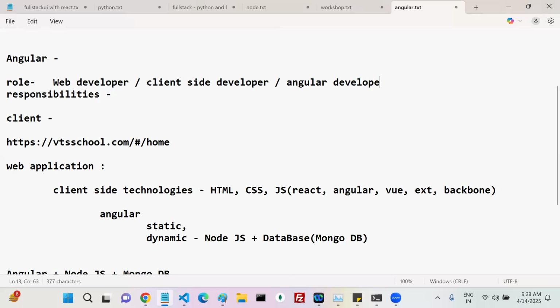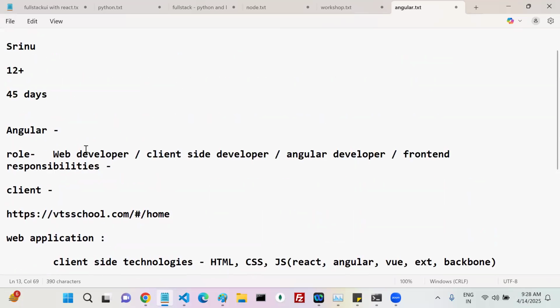These are all roles. Once you complete this course, you can apply for the web developer role.